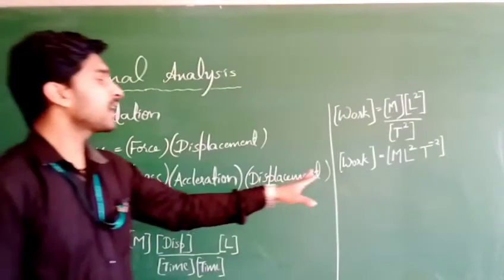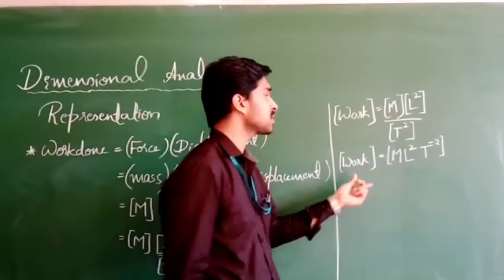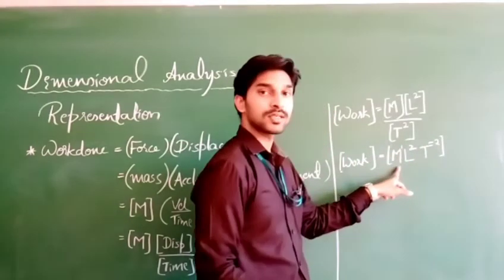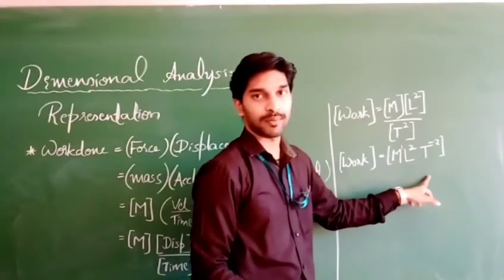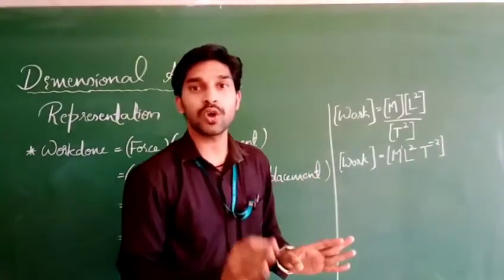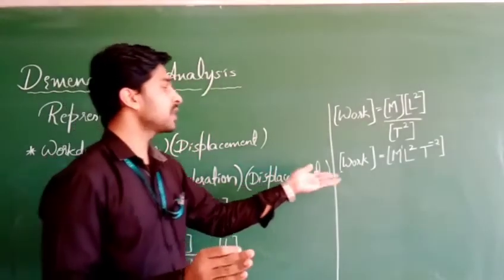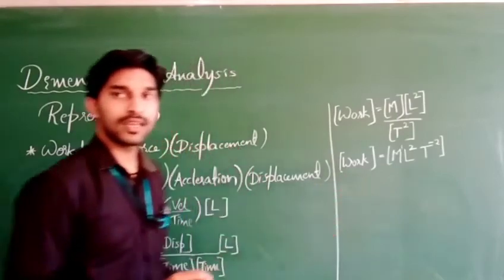That means how you can tell the dimensions of work if they ask what are the dimensions of work: you can write it as m power 1, that means 1 in mass, 2 in length, minus 2 in time. Those are nothing but the dimensions of work. Dimensions of a physical quantity, that is work, I had considered. Okay, shall I erase the board?